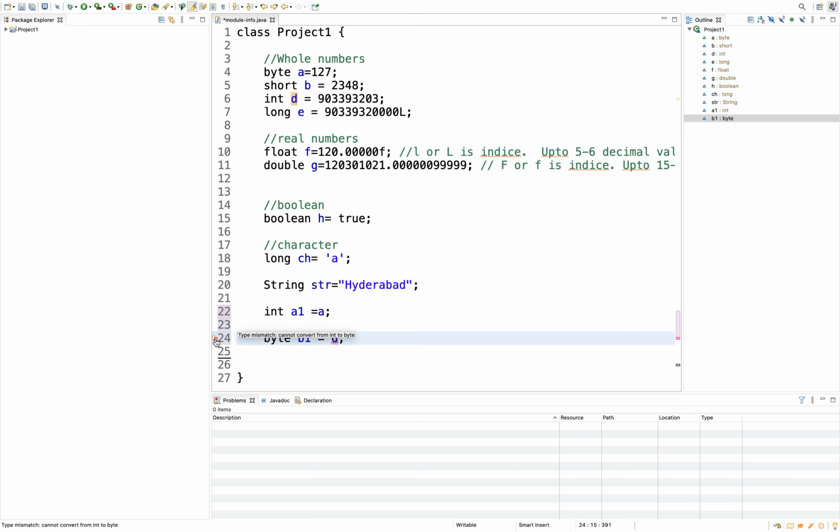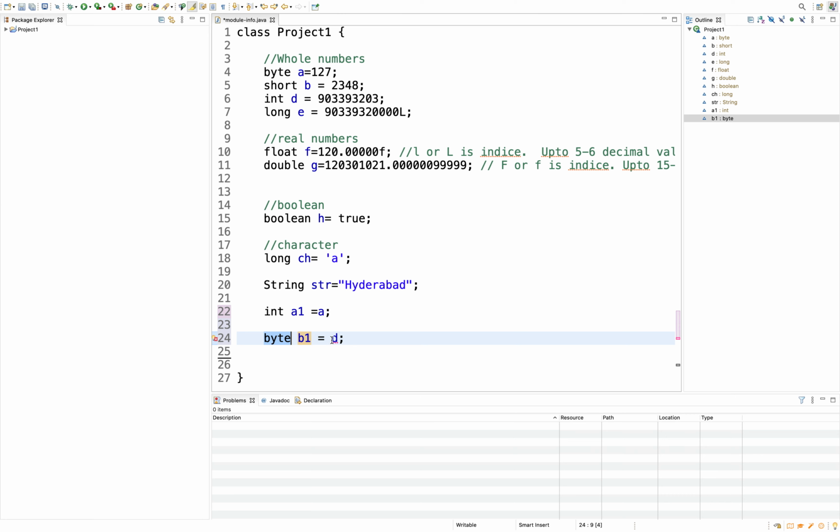The error is: type mismatch, cannot convert from int to byte. The internal conversion is not happening because this variable is of type int, which can hold values up to 4 bytes, whereas the byte variable can hold only up to 1 byte.